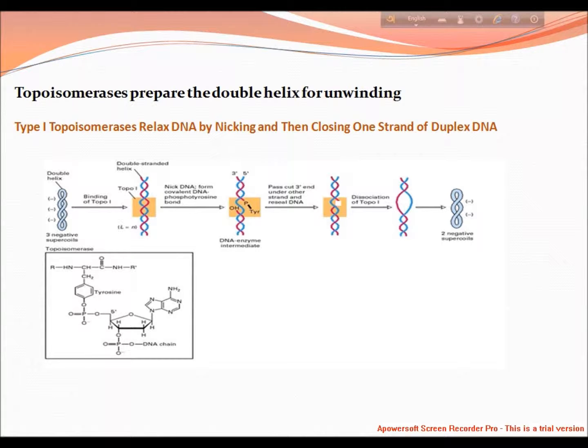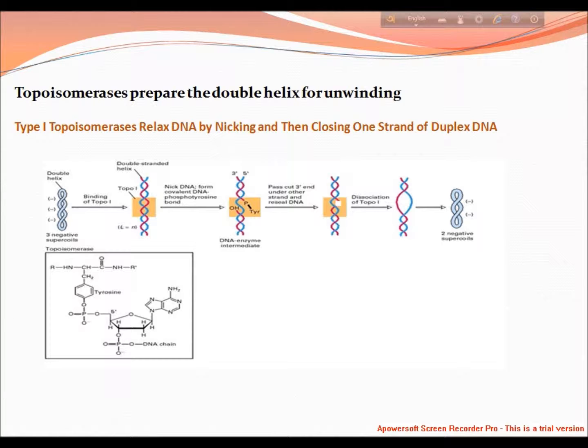As the transcription bubble proceeds, DNA ahead of the transcription fork becomes overwound or positively supercoiled, while DNA behind the transcription bubble becomes underwound or negatively supercoiled. As replication occurs, DNA ahead of the replication bubble becomes positively supercoiled, while DNA behind the replication fork becomes entangled, forming